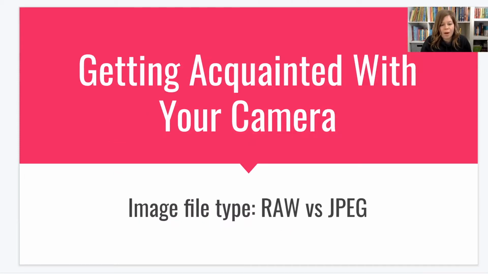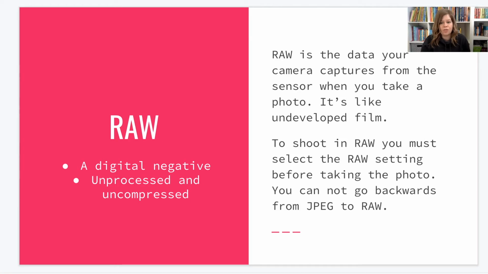All right, so let's talk about your image file type, whether you're going to shoot in RAW or JPEG. So RAW is the data that your camera captures from the sensor when you take a photo. It's kind of like undeveloped film in that it's not a finished image yet. It's not a photo that's ready to be printed, and you can't even open it if you don't have a